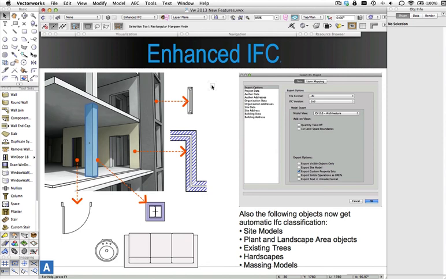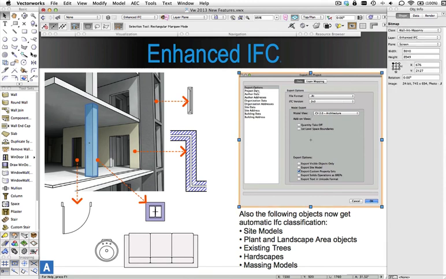Enhanced IFC. Every version of Vectorworks is going to have improvements in IFC because IFC is an evolving standard and it takes a continuous effort to keep up to date with that standard and implement the new features and also make them easier to access within Vectorworks. So looking at the features in Vectorworks 2013, firstly the dialogue has been improved and the way that you can access information is more sensibly laid out, and there are additional options in the dialogue for exporting the project to